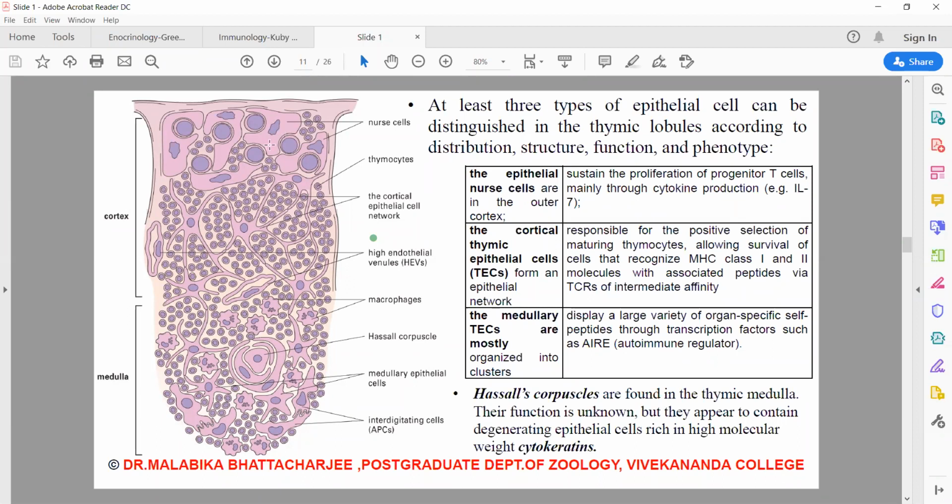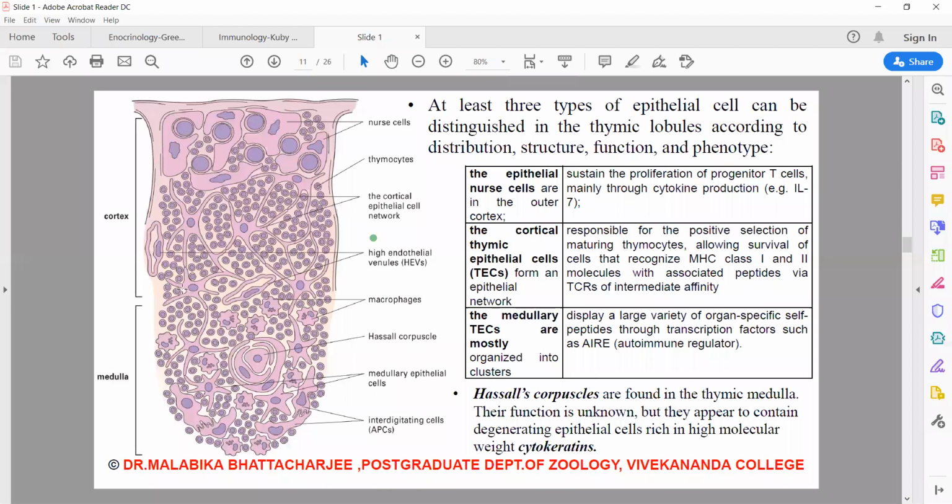So these cells are capable of secreting IL-7, and as a result, the entering lymphocytes, the lymphocytes that come from the bone marrow and enter the thymus, enter through the high endothelial venules at the cortico-medullary junction of the thymic lobules. These progenitor cells are formed in the fetal liver and bone marrow. And from there, they migrate into the thymus through the high endothelial venules in the cortico-medullary junction. So the venules actually open here.